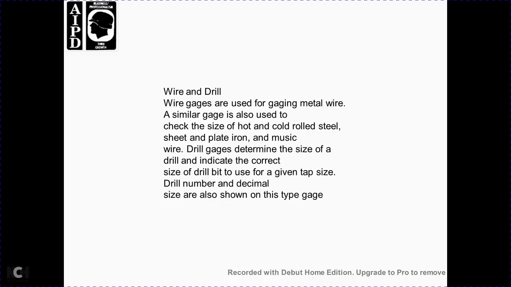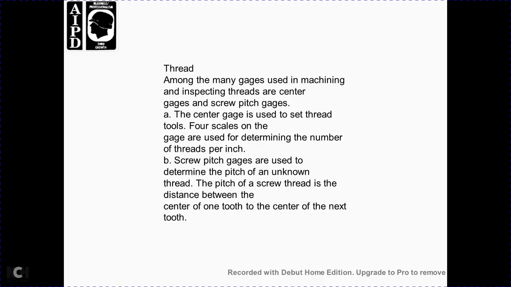Wire and drill gauges. Wire gauges are used for the gauge of metal wire, with a similar gauge used to check the size of hot and cold rolled sheet, plate, iron, music wire. The drill gauge is used to determine the size of the drill and indicate the correct size of the drill bit, given the type of the size of the drill, number, or the decimal size shown with the type of the gauge. Thread gauges: among the many gauges for the machine, inspect the threads with the center gauge,